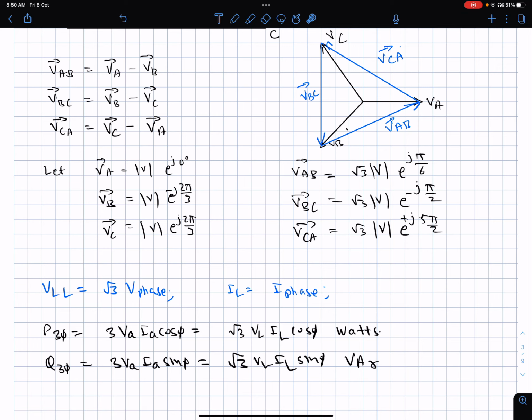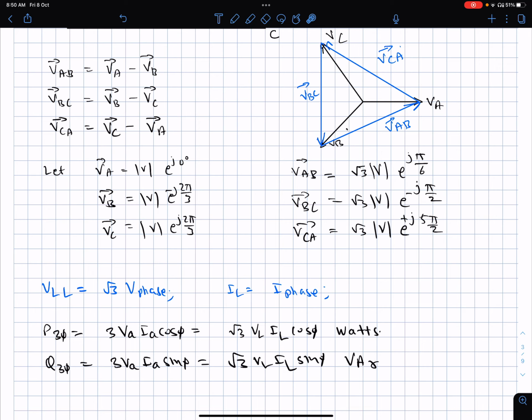And so what we can say is that the average power, or even the instantaneous power, which is the same as the average power for a three-phase system, is 3 VA IA cos phi. By taking root 3 VA as the line voltage, and the phase current and the line current being the same, 3 is written as root 3 into root 3. Then root 3 times VA is written as VL, IA is written as IL, and so the three-phase instantaneous power or the average power, both being the same, is written as root 3 VL IL cos phi watts.